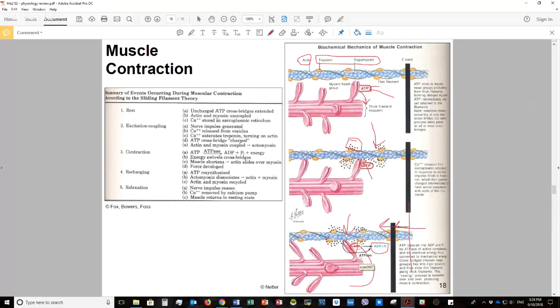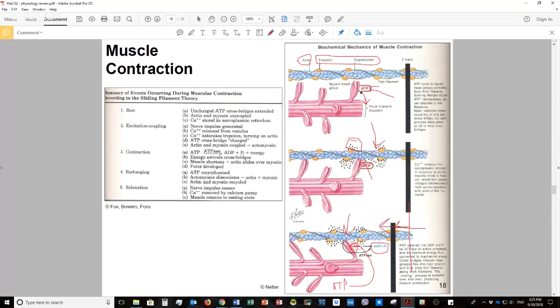So if you're dead and there is no more energy in your body, there are no ATP molecules that come in and make that release, and that's an issue. If you're dead, maybe it's not that much of an issue, but there are other diseases and disorders where that is an issue. Anyway, so you have to have another ATP molecule come in to actually make the myosin head